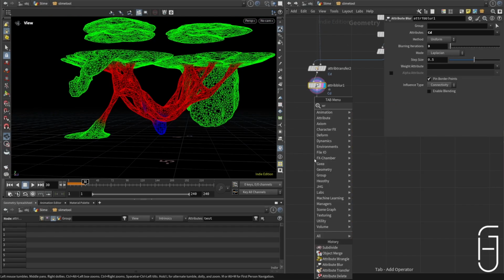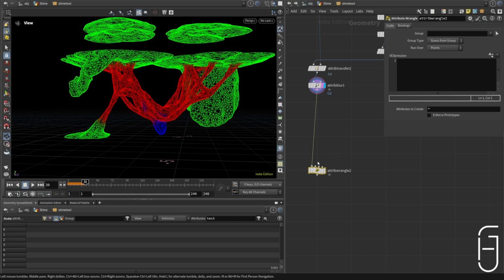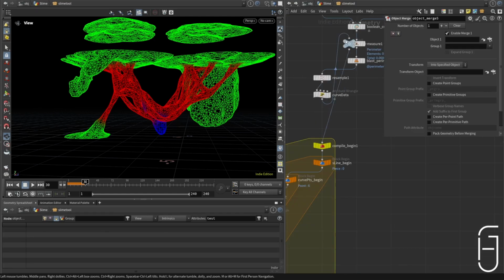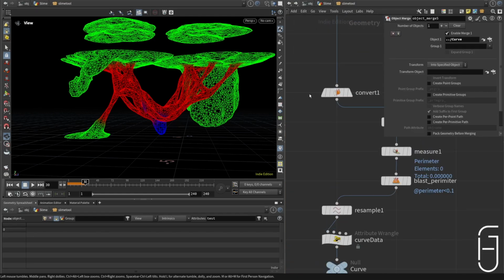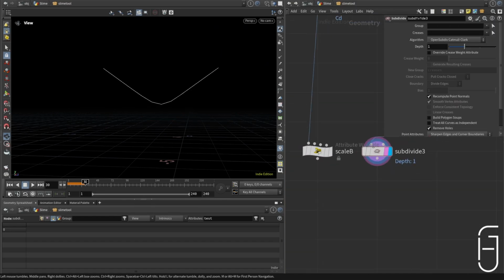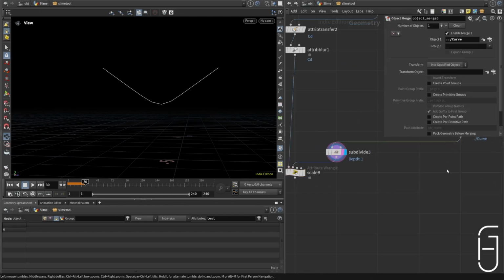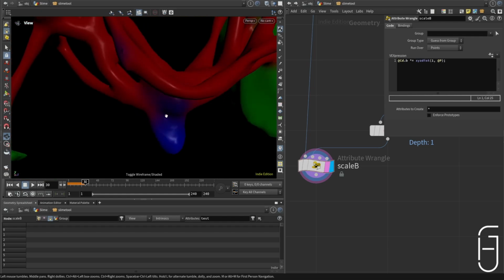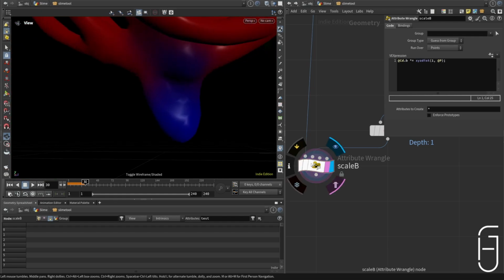So what we're gonna do next is prepare our vertex colors for shading. First we're gonna scale our blue color, and we want to scale it based on the distance from our curve, not the actual input, but the one we resampled. Subdivide it a little bit and then grab it. We want to do something else with the curve later. But first, let's edit our color B and multiply it with the XYZ distance from our line. So now points close to the line will get darker,